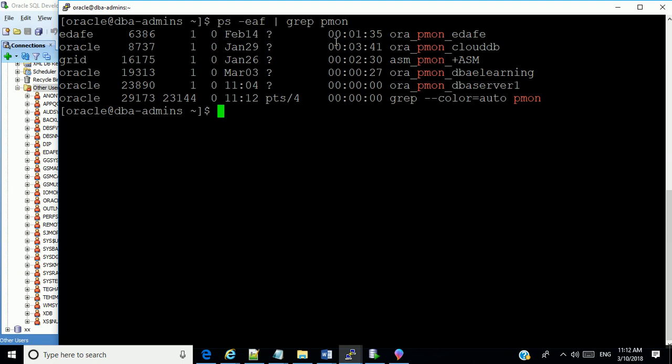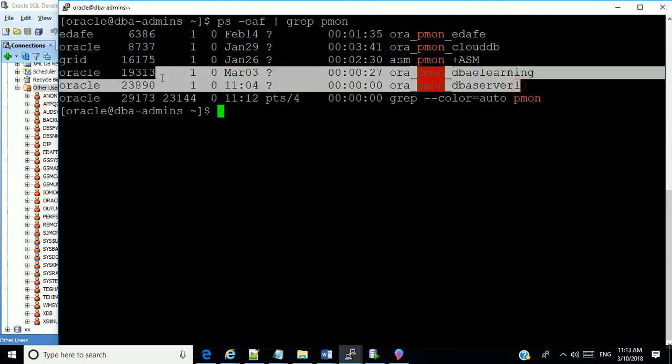Remember, when you connect to a Linux or Unix server for the first time and you want to know the instances that are running at that time, you can simply run ps -eaf and filter with the grep command for the PMON process. This is one of the fundamental processes of the database. For a database to be up and running correctly, the PMON process must be running.